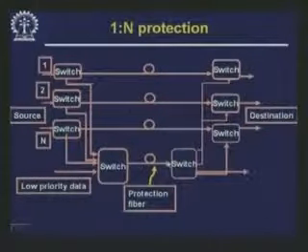working fibers. And as I mentioned earlier, when everything is fine, this protection fiber could be carrying some low priority data. So, when everything is fine, these n working fibers are carrying all the important traffic, and some low priority data could be flowing down the protection fiber. As soon as there is any failure anywhere, the low priority data would be stopped or dropped, and then this protection fiber would switch to give the services between the nodes that have experienced a link failure.